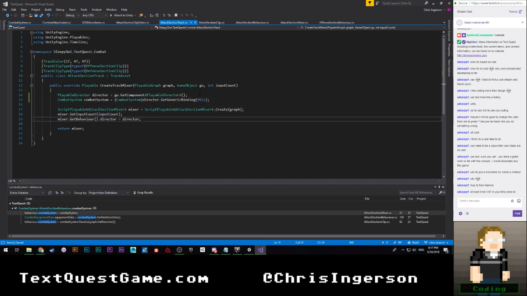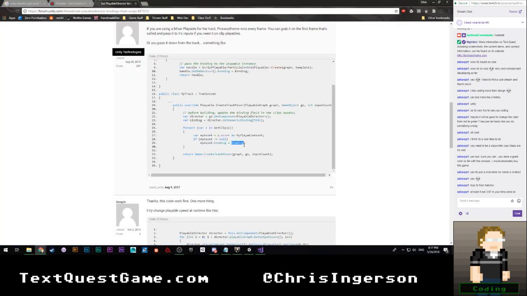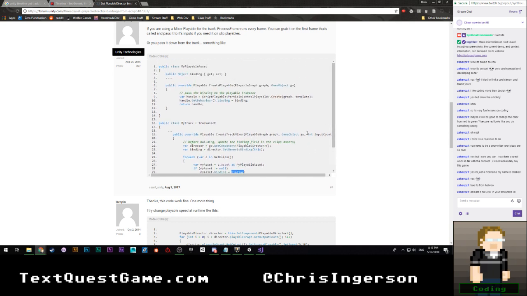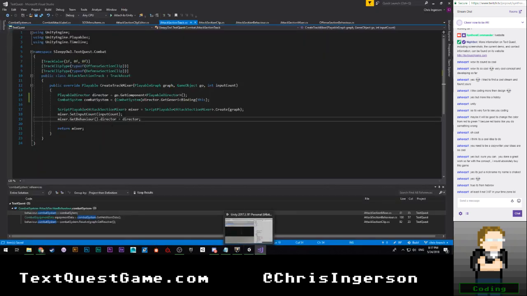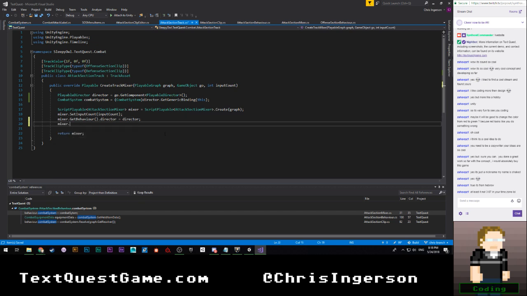Mixer dot and so on. Right. How are they handling this? We're doing it in create track mixer, which is where I'm doing it. Create playable. Okay, yeah, cool. So I can just do this here then. And I can... Jeez, this is awkward. So I think I can say mixer dot...